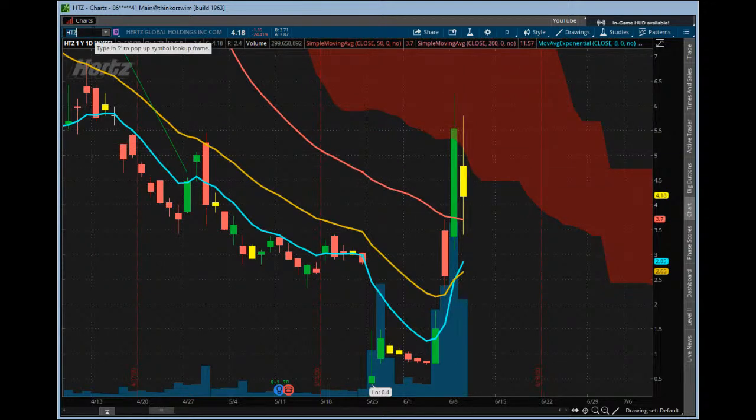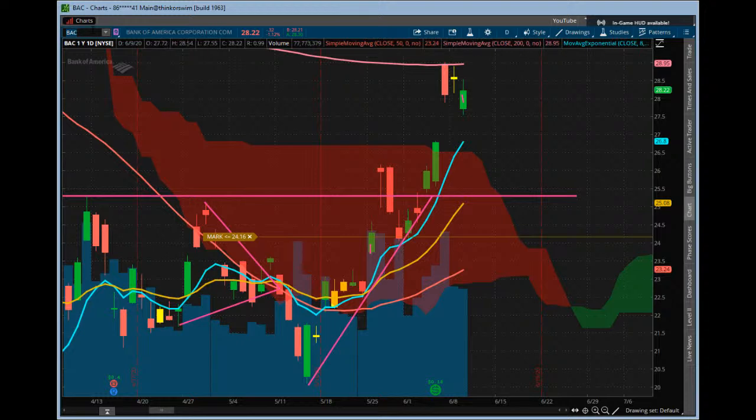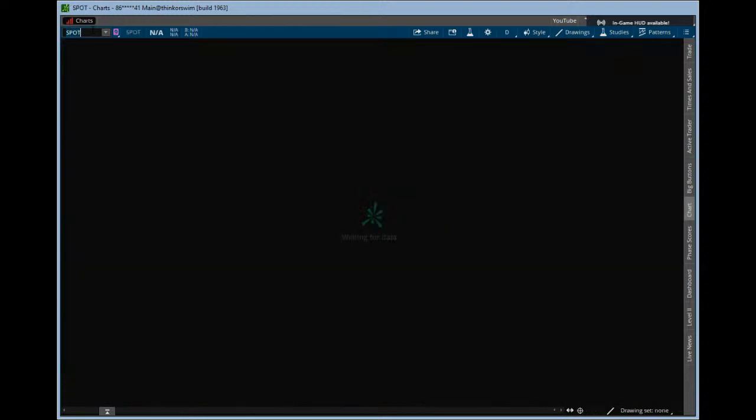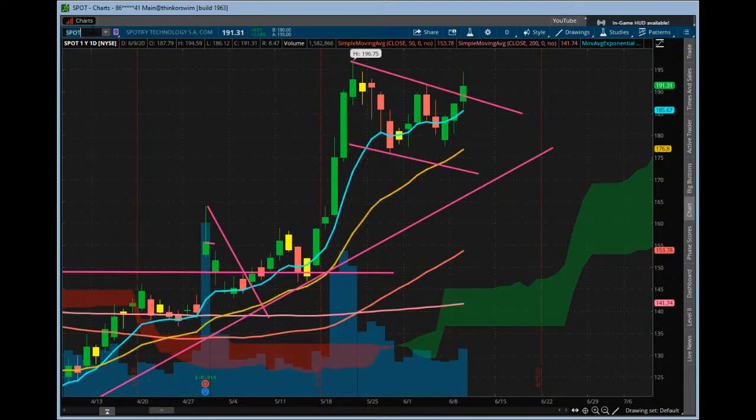But yeah, Bank of America. It gave a great move, right? The financials had a great couple weeks here, and it's just kind of pulling back off the 200-day. A little bit of a buy the dip today intraday, which made it pretty nice. Spot. Still kind of hanging there. A little bit of a cloud breakout right there. Upper shadows, not very convincing, but it's doing okay.